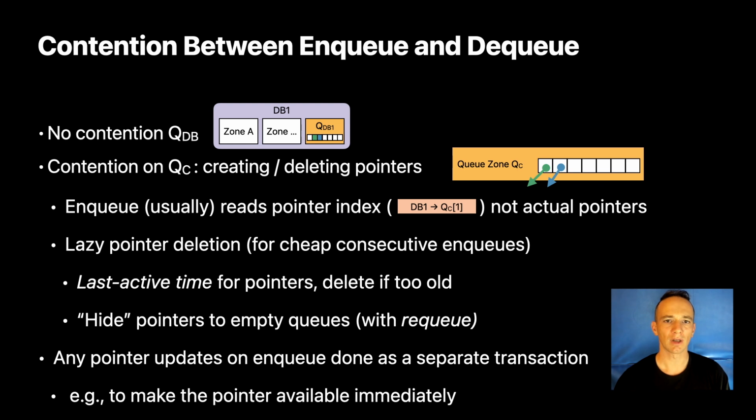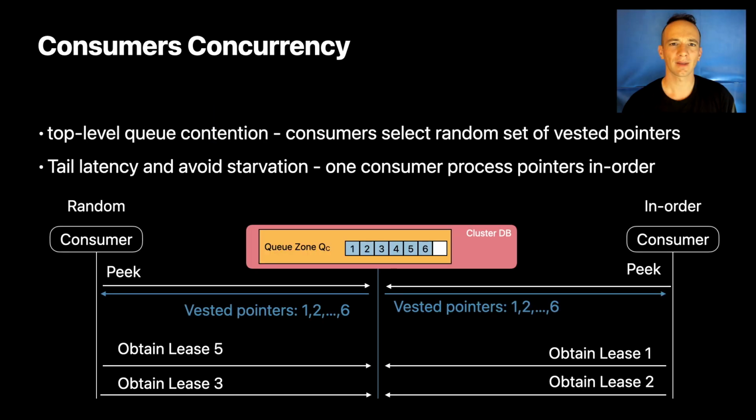However, when a queue becomes empty, we hide the corresponding pointer by setting it to vest in the future. This means that we avoid unnecessary deleting and creating pointers, as well as avoid wasting scanner cycles by repeatedly examining pointers to empty queues. Let's examine